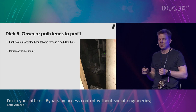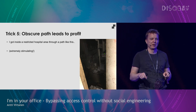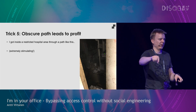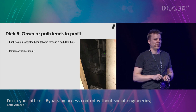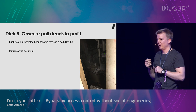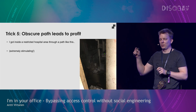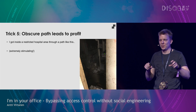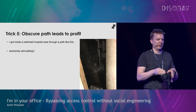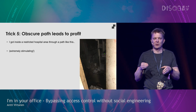So what we did, we examined every building close to the hospital, because we had the reason to believe that there are underground tunnels leading from the other buildings to the hospital. And then we found a way to get in a boiler room. And from the boiler room, there was a small latch on the wall. And you could climb in, and there was a dark, small tunnel. And when you crawled the tunnel, you ended up in a bigger tunnel. And suddenly, you were inside the hospital